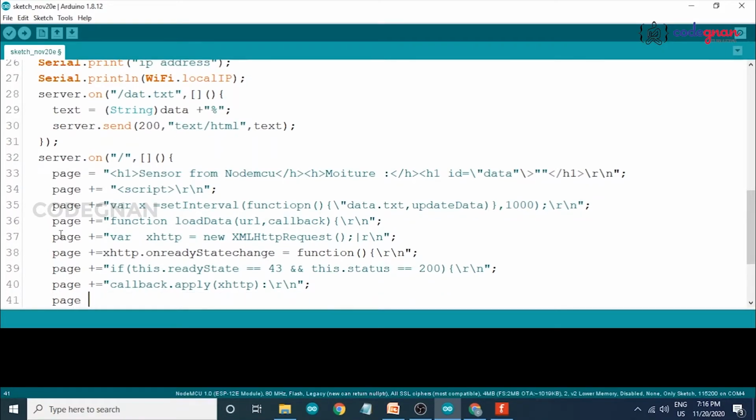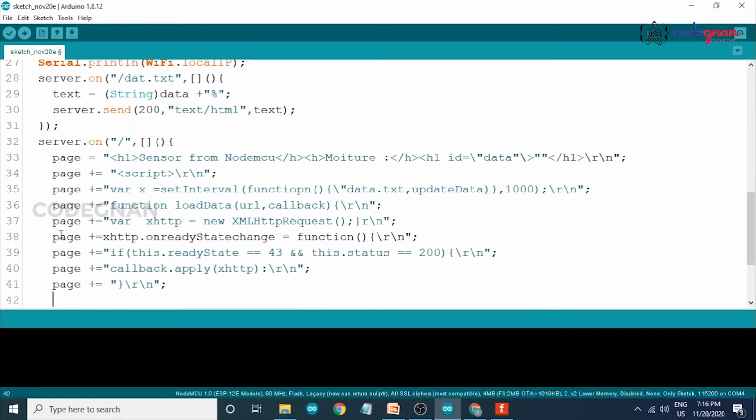Now again take page plus equals to open our curly brackets, close our curly brackets, then \n. Now again take page. This is some risky process, but it will help us show our data in the web server.